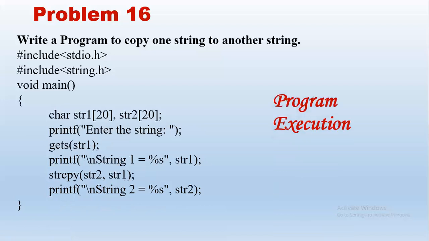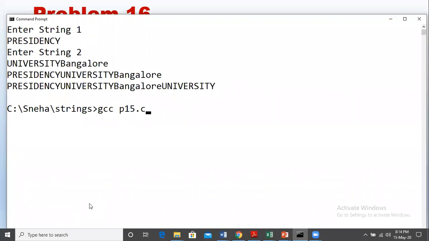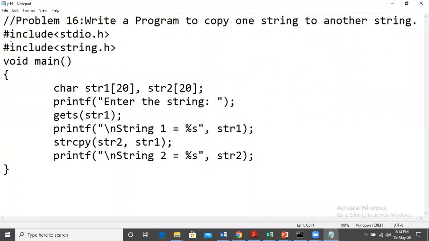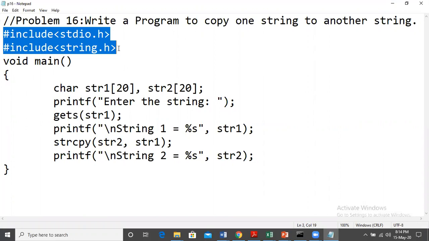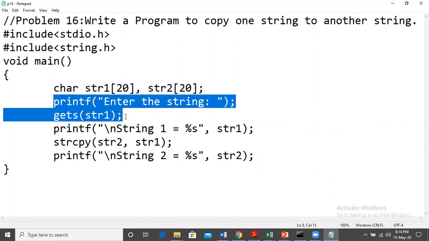Next, let us see the program execution. So this is program number 16. Here we have the program, including the header files stdio.h and string.h. In the main function, declare str1 and str2. We take input only for str1 and then print it for our reference.